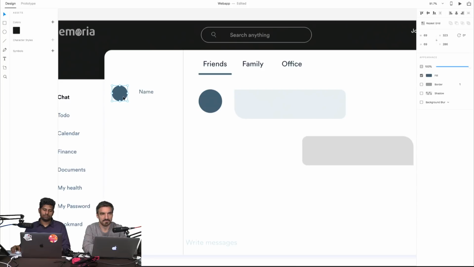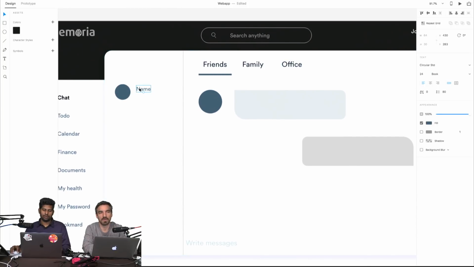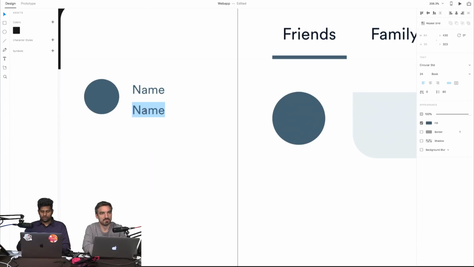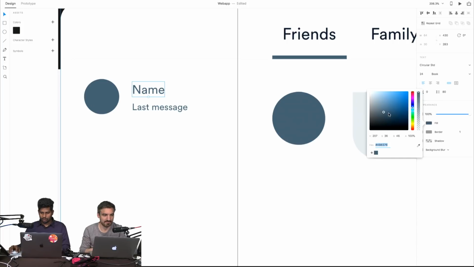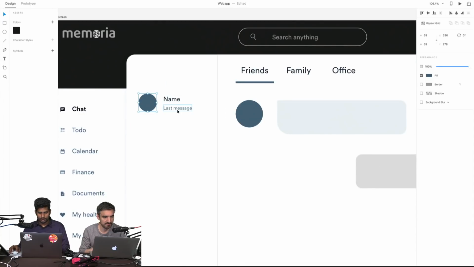We can switch between different contacts if I place this one instead of giving a direct tab. Name, last message. We can reduce this. We can make the name somewhat darker and add darker color here. Okay, great. Now we did everything.